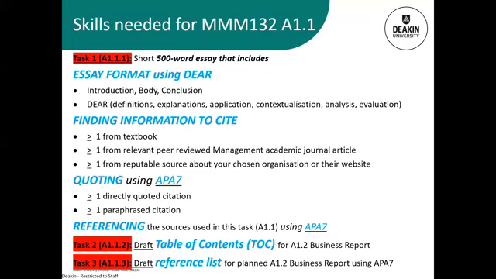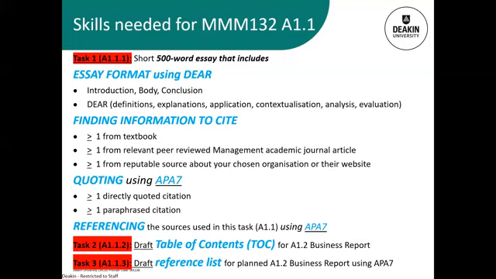In addition, you'll need to paraphrase, and this is where you take the ideas of another author and use your own words, sentence structure and writing style to convey that idea. Again, you'll need to include an in-text citation. Both of those writing skills will need to be included in your 500 words. So it's a bit of a checklist, if you like.